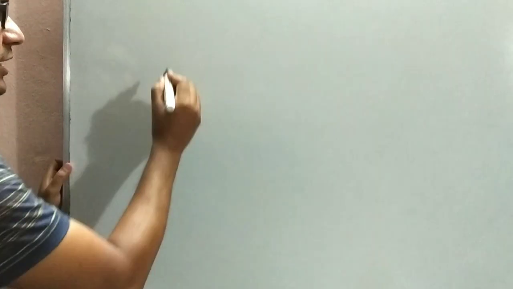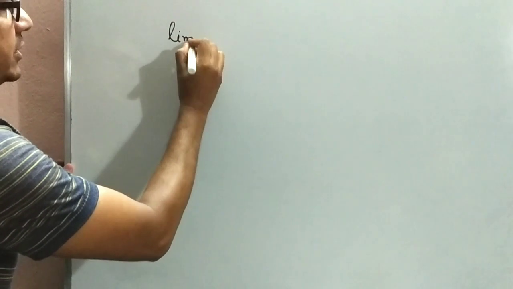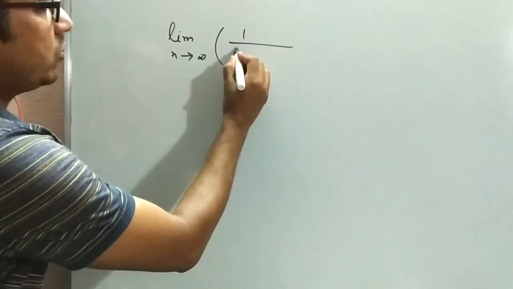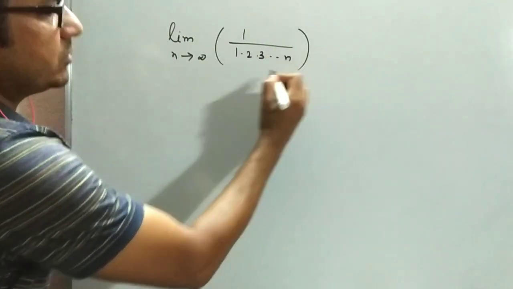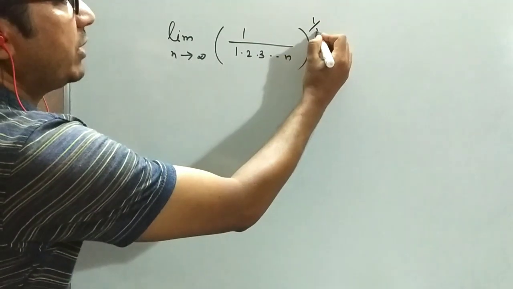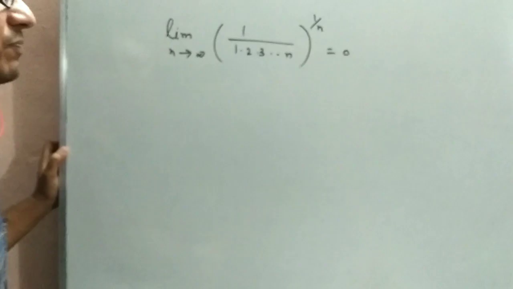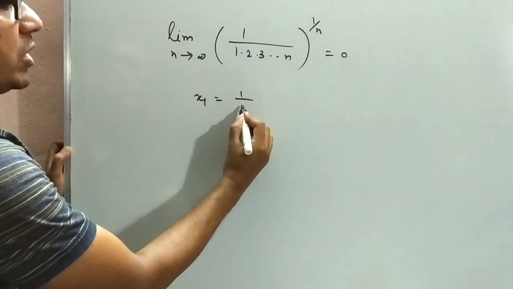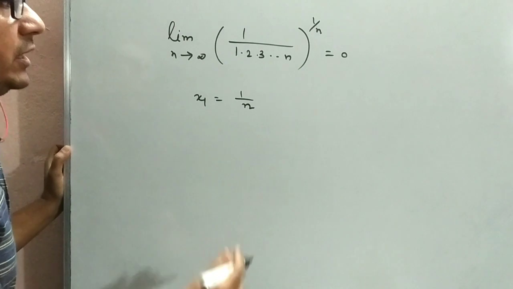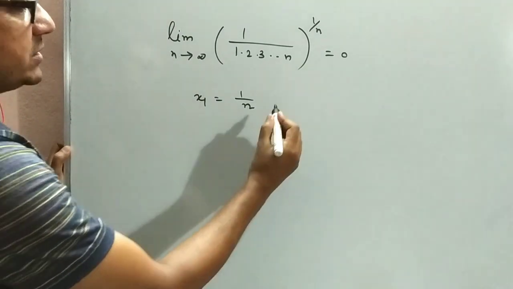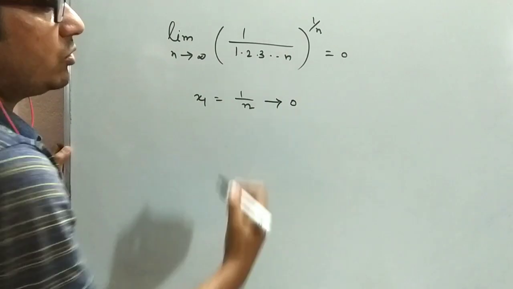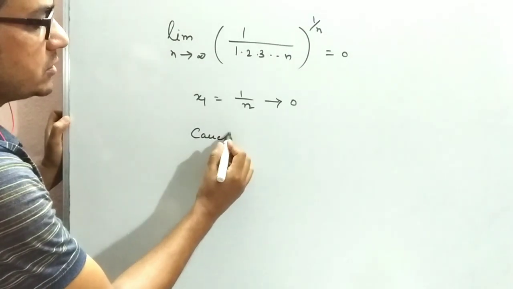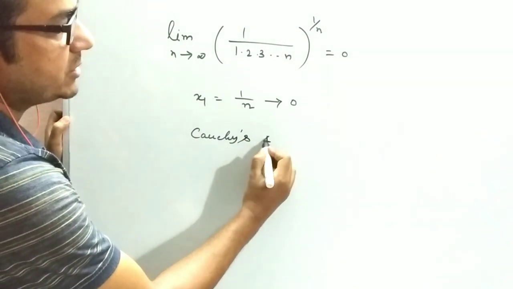The first option is limit n tends to infinity, (1 by 1, 2, 3 to n) whole to the power 1 by n equal to 0. If we let xn equal to 1 by n, then clearly this tends to 0. So by Cauchy's first limit theorem,